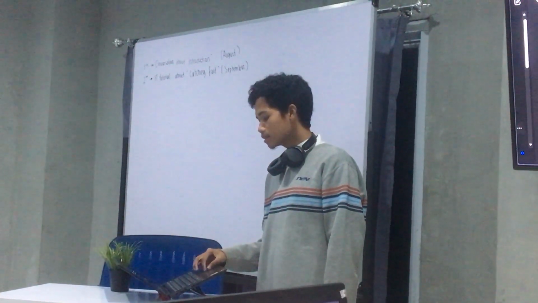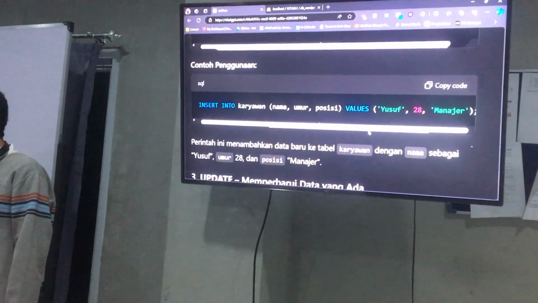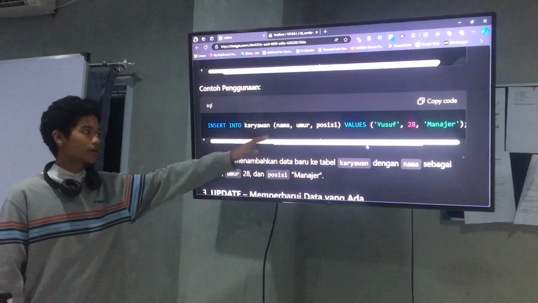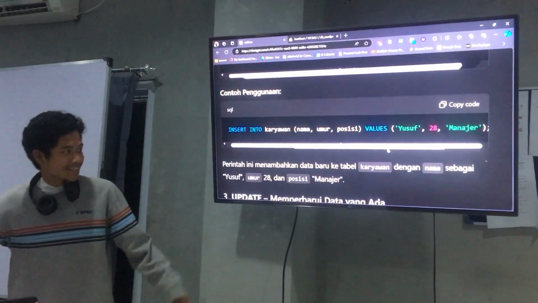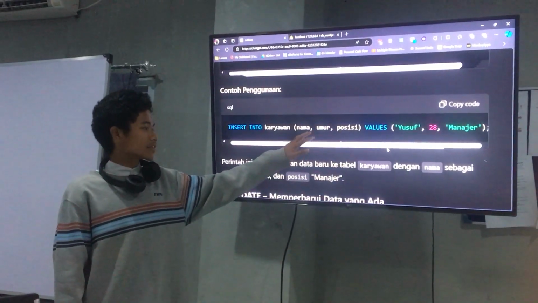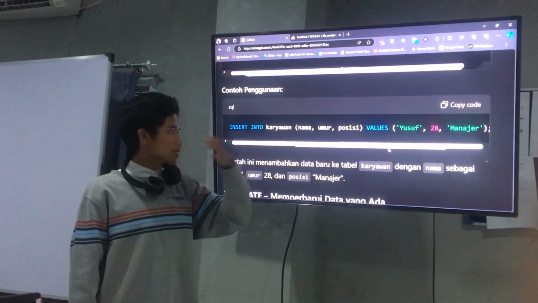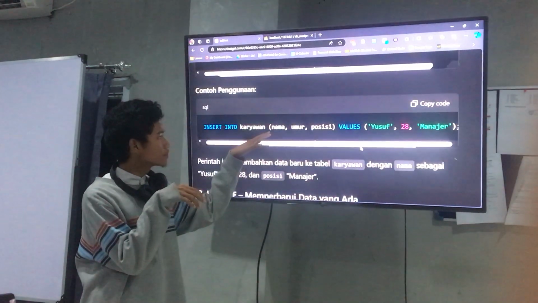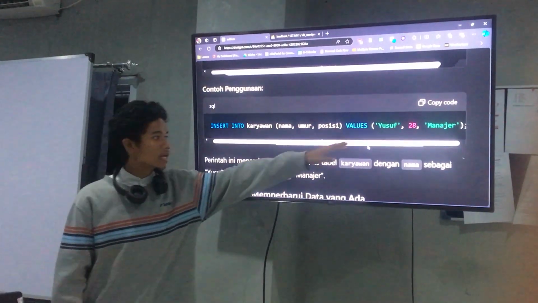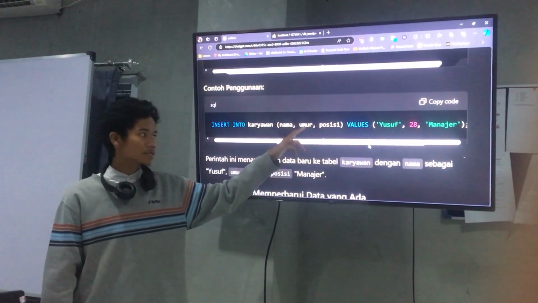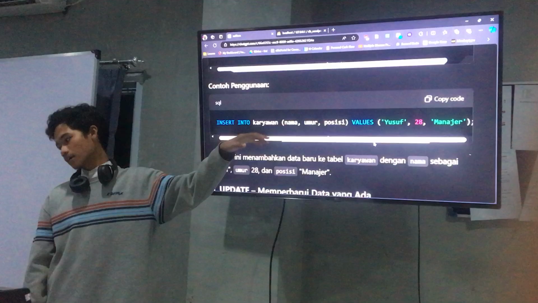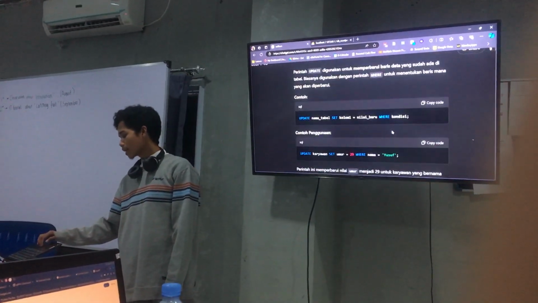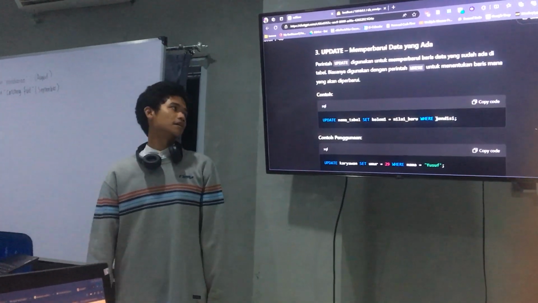And you can see the real example here: insert into karyawan table, this is the field name, and this is the new data that you want to fill to this field name.